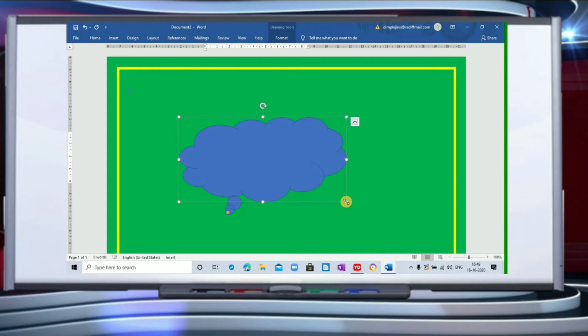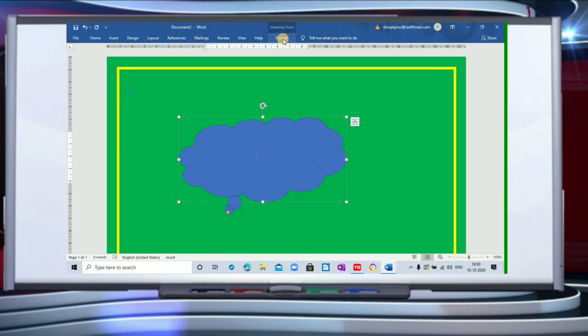One more important thing I need to tell you, dear children: once you draw a shape here, one tab is automatically created, and that is your Format tab. This adds quick styles to the shape, so you can choose the option from the Shape Styles group on the Format tab.